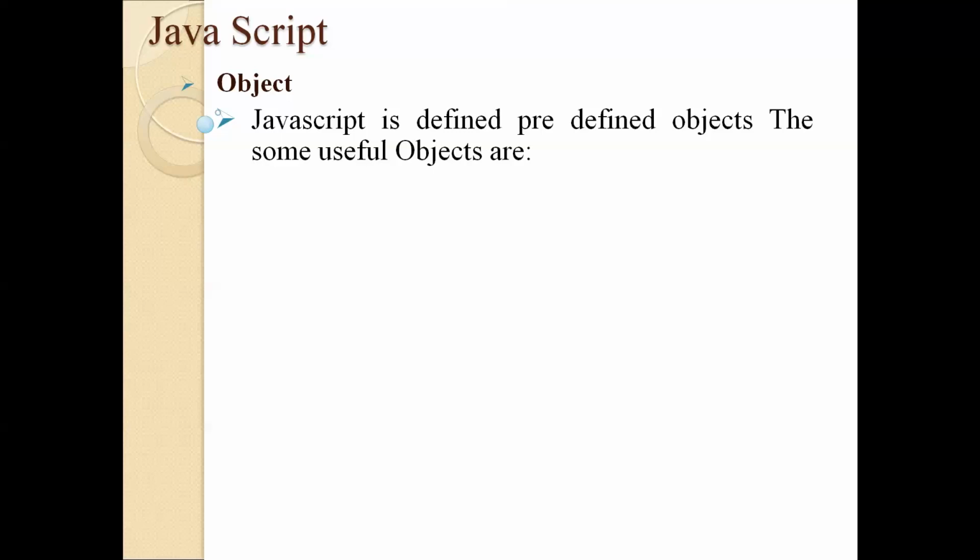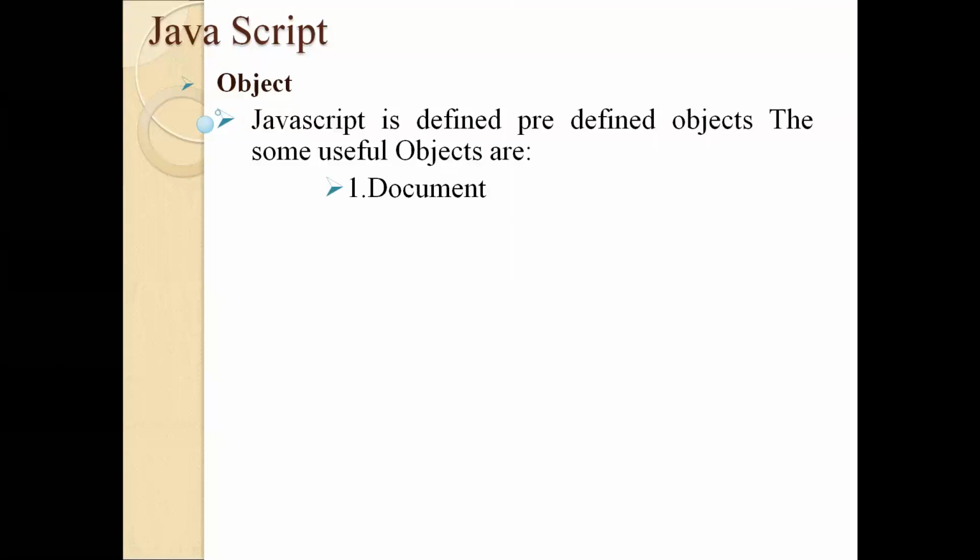Similar to the default objects of Java, in JavaScript also there are some objects which are predefined. That means they come along with the JavaScript programming language. There is no need to define those objects. They are there by default in JavaScript. We can make use of such objects in the program depending upon our need. So let us have a look at the different predefined objects.